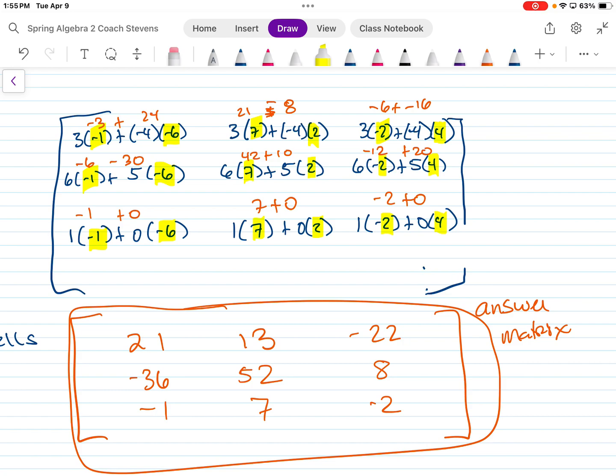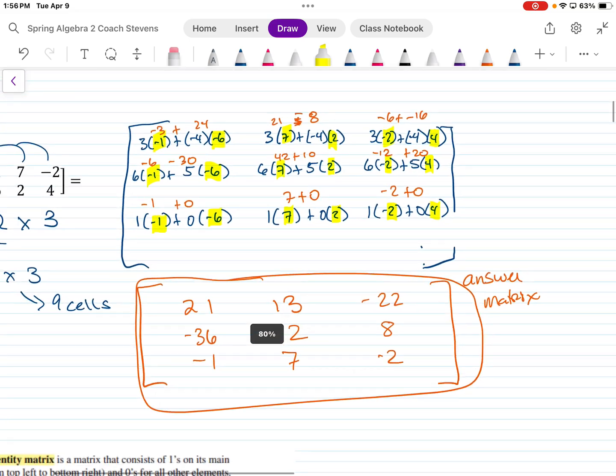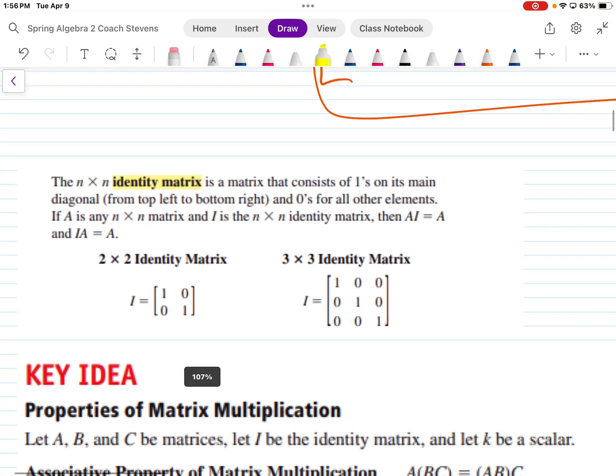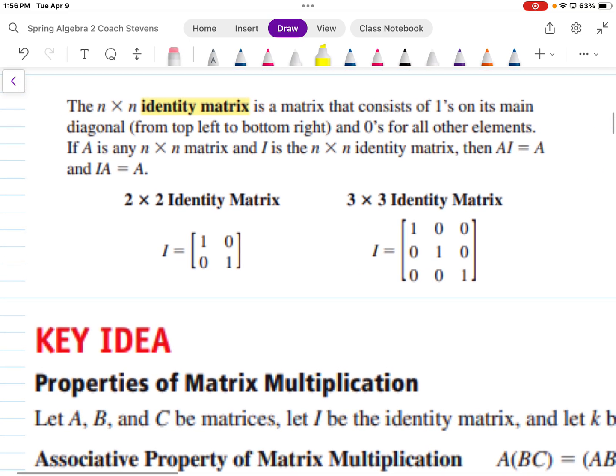Does anybody need my orange writing any longer as I get ready to scroll up? We're okay? I was assuming I was going slow enough because that's not a fast topic. All right, so the